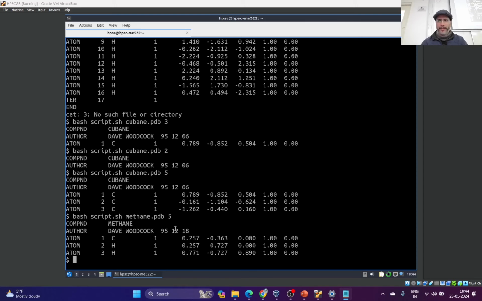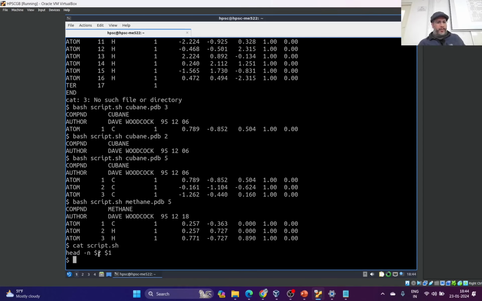Let me check. Okay, I understand your question. So $2 is for the number of lines, no, sir? So it is coming after the file name. See, the head command is head -n, followed by the number of lines, followed by the file name, right? So the number of lines is the second option that I have given. Okay, sir. So we can do this, sir. I'm asking, like first, you can call it 1, you can call it 2, then you can specify the number